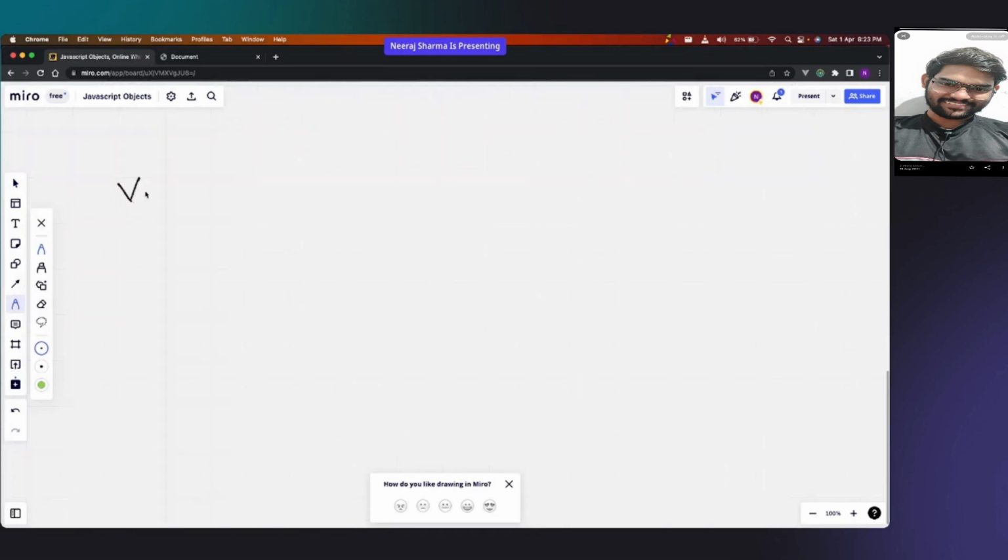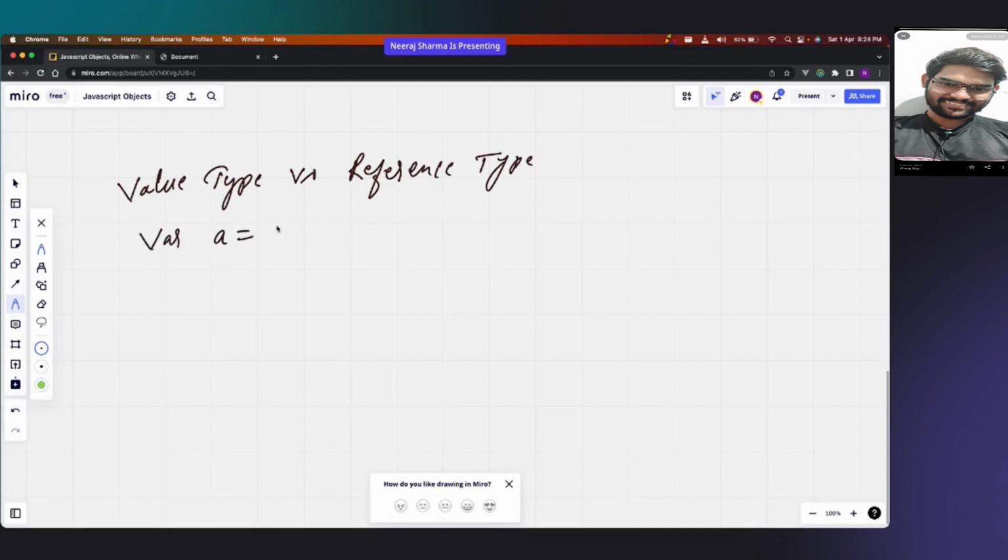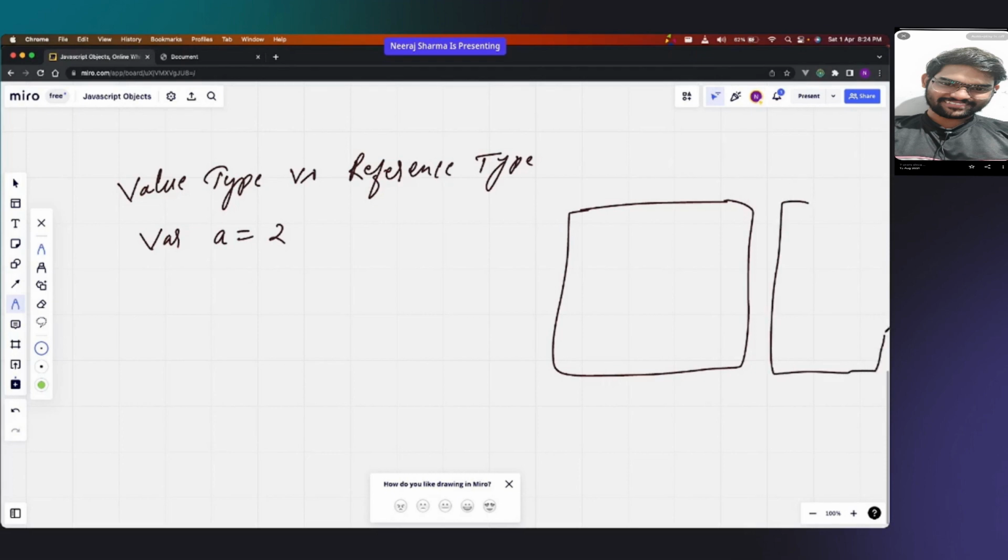We are talking about value type versus reference type. So for example, if you say var a equals 2, what happens? Whenever your program runs, it uses two kinds of memory. It uses two types of memories. One memory is called the